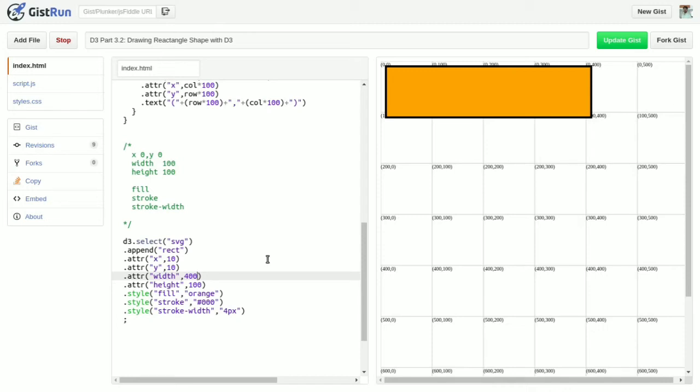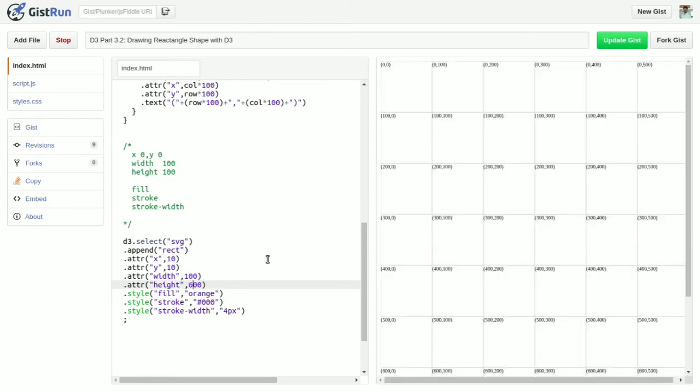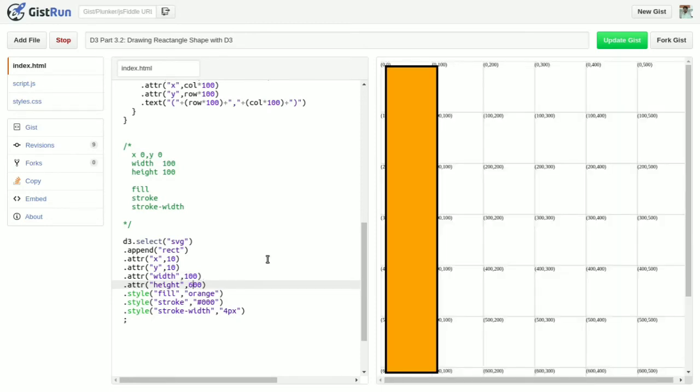Now if you want to make the vertical bar, just put width as 100 and increase the height of this bar to 600. So you will get the vertical bar. Why am I telling you this? Because to create any bar chart, stacked bar chart, vertical bar chart, or column chart, we use this rect element of D3. So these are the simple things about how you can create a rect in D3.